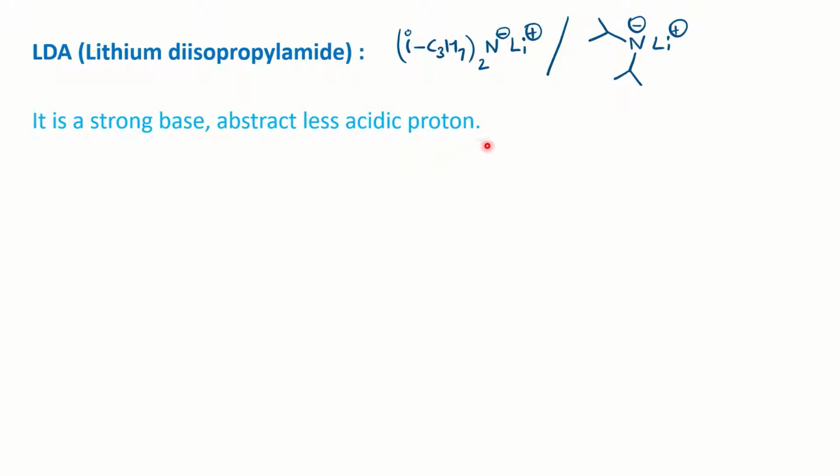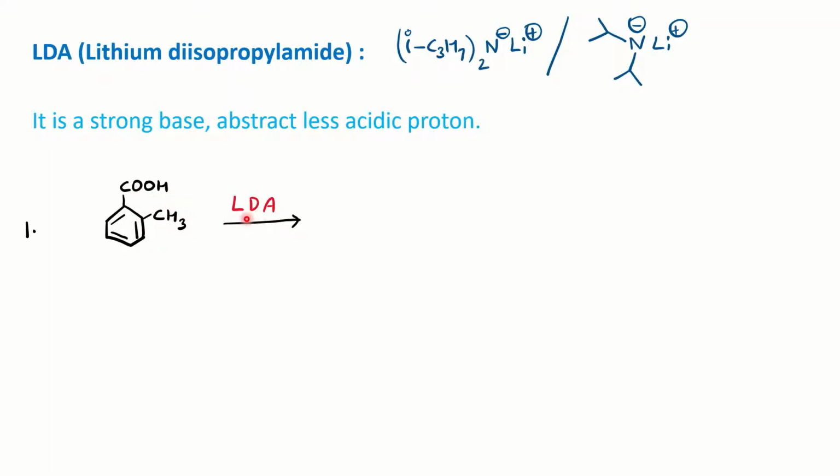Therefore, it brings about the alkylation, acylation, hydroxylation to ketones, esters, acids or nitriles. Okay, so we will see the example and understand the properties of it. So you can see here, as it is acidic group here, so as I told you, it brings the alkylation and acylation, hydroxylation to ketone, ester, acids. So this is acid here.